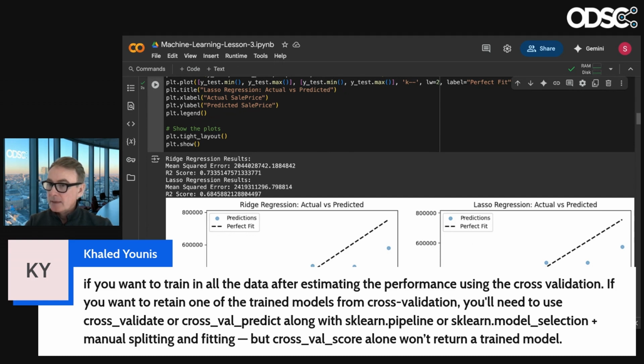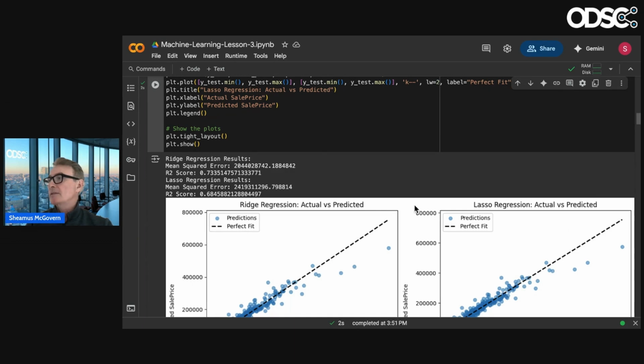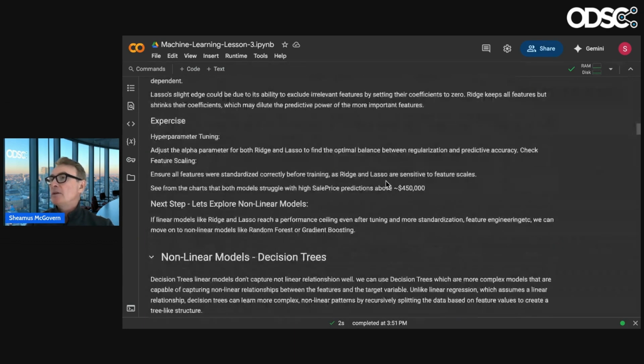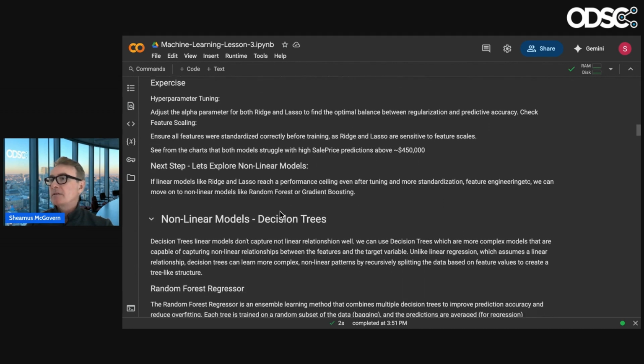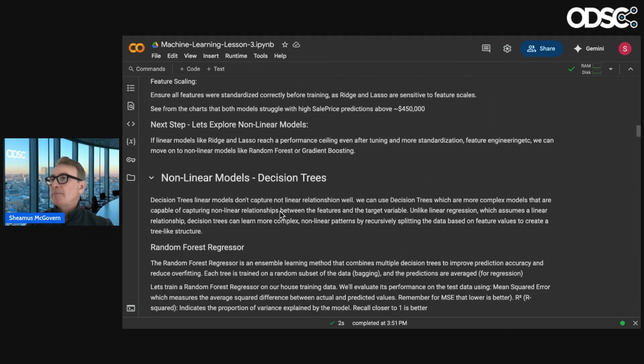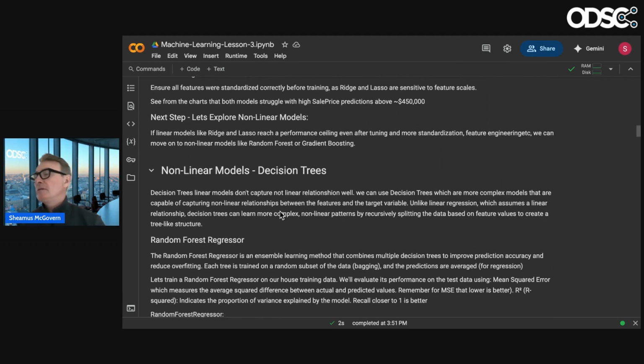And scikit-learn pipelines are kind of interesting as well, which I don't really cover in this course because it's introductory level. So I talked a little bit about hyperparameter tuning here, the alpha in the ridge. We're getting them below, that should be 45,000, by the way, not 450,000. All right, sorry, I talked about nonlinear models. Actually, they're obviously still linear models.